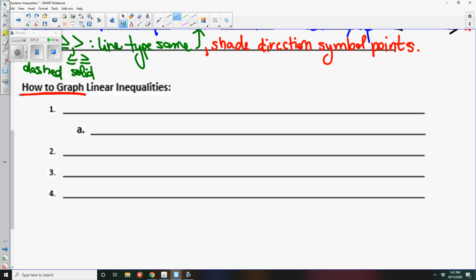Alright, before I start plotting my points, because that's the first thing we do. We plot the point first, we have our slope. But what do we have to do before we can even have our slope and our point? We have to solve it for y. We have to get it into what form? We have to write it as y equals mx plus b. So write inequality